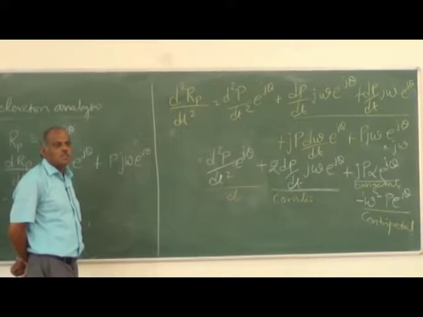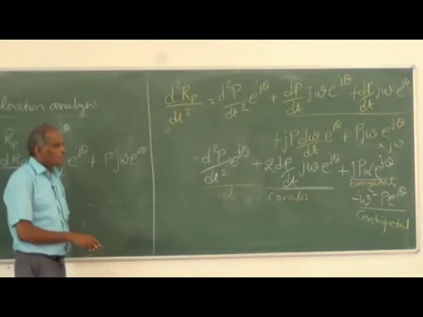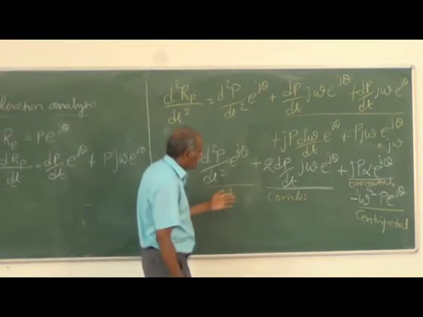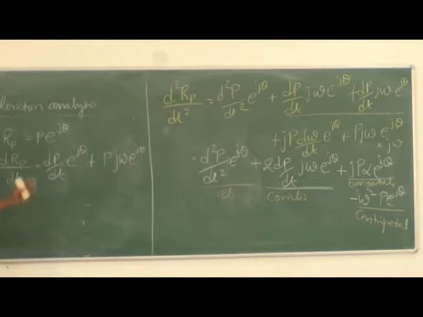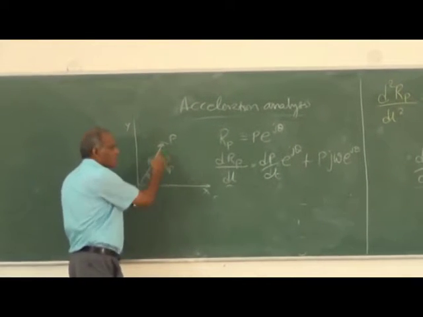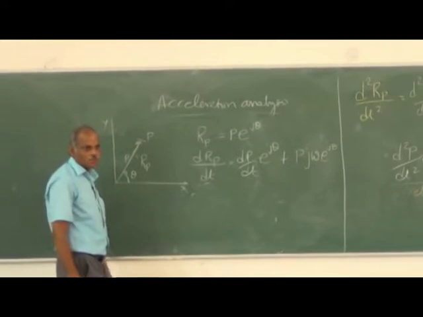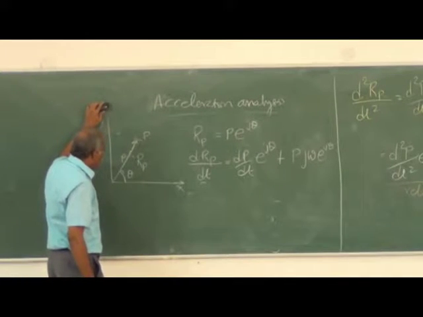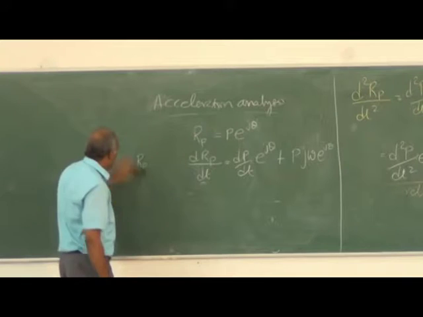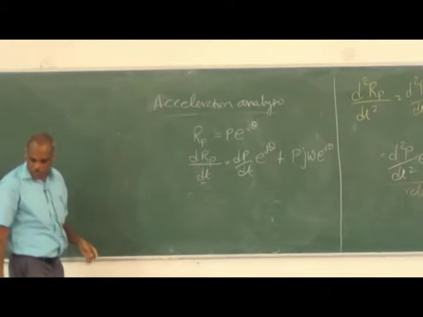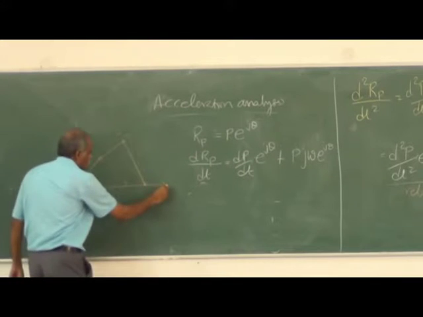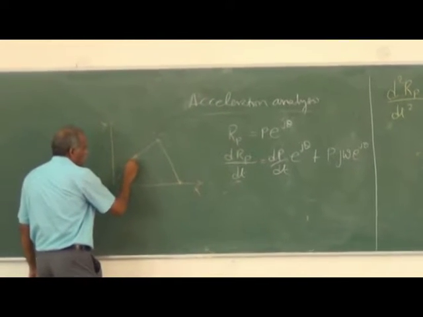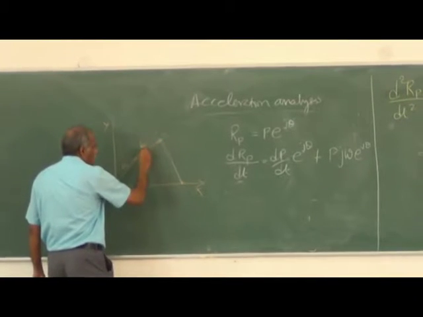But fortunately in a 4-bar mechanism, you don't have to take all these terms, because some of the terms will be eliminated by the fact that not everything is changing. The position vector itself will not change in magnitude. So if I take a 4-bar mechanism, let us see what are the components that will come in immediately. If we take a general 4-bar mechanism, you know that in a vector loop equation, each one we say A, B, C, D.